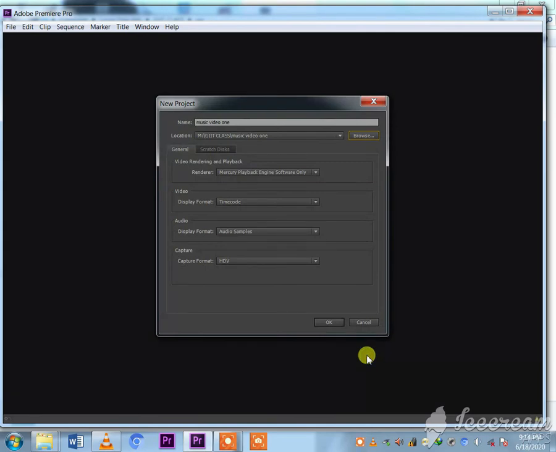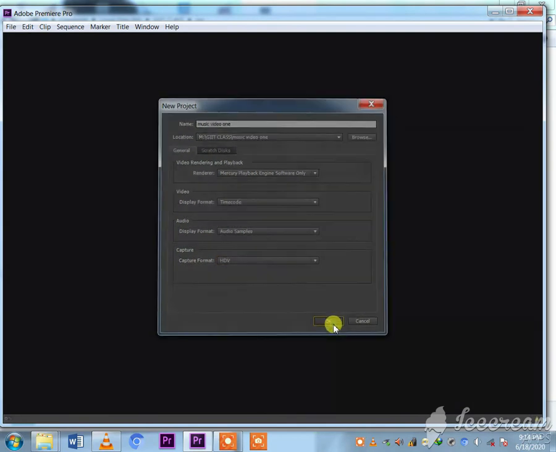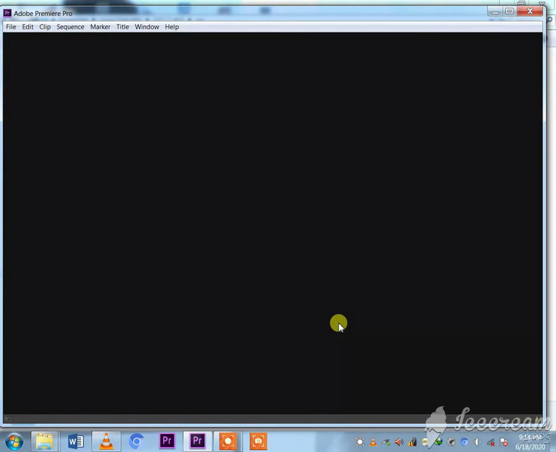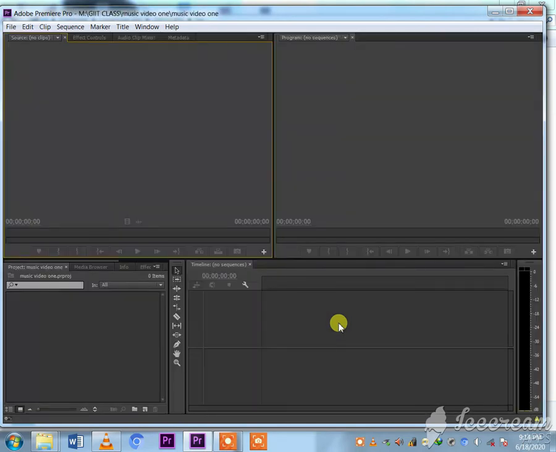We also say that you always have to know the capture format. Much as we're now using HD cameras, we always have to make sure that our capture format is HD and not DV. We also know the reason why. Therefore we'll simply say OK, and as we wait for the project to load,